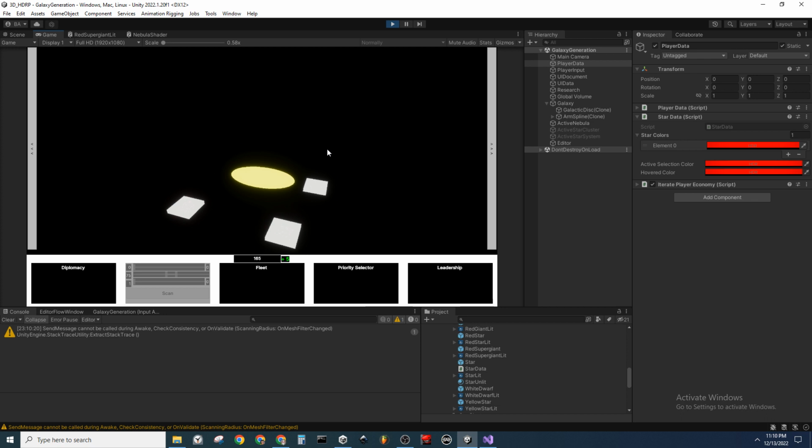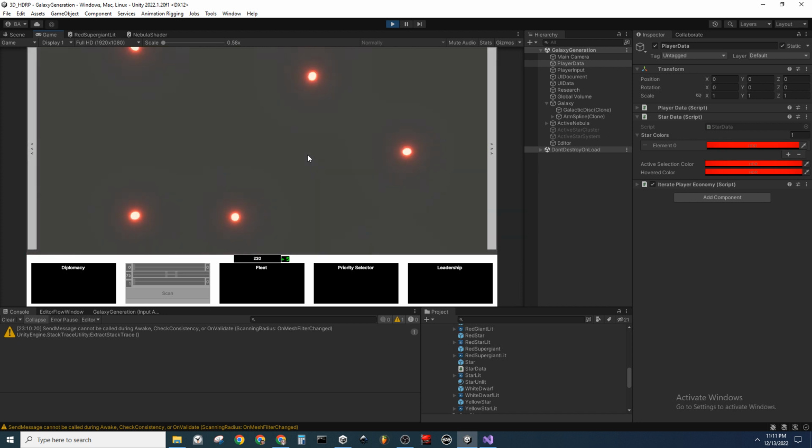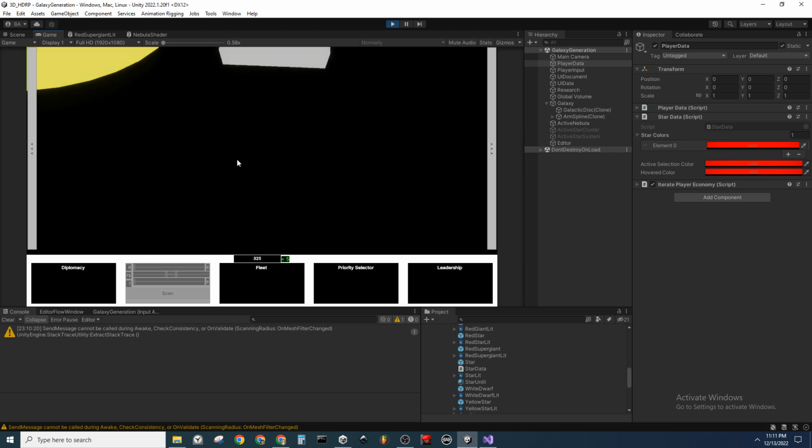continue sorting out how to give the player visual feedback for their selection. Another thing that's going to be coming up at some point is the fact that some of these stars are going to be too small to be seen, and to deal with that, the player is going to have a UI element on the screen that is basically in the same place as the star but isn't the physical star. That way they can still select stars that are there but too small to be seen. That's going to be a whole project in itself, but